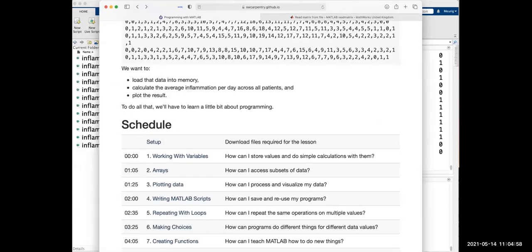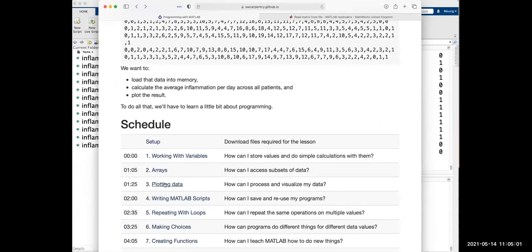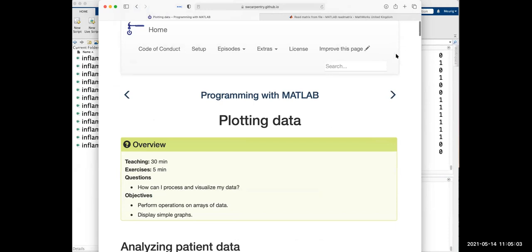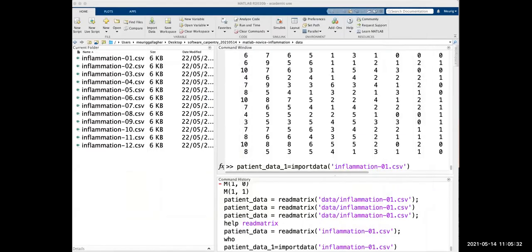Okay, cool. So we're going to move on to plotting data. A big part of working with any sort of data is visualizing it. We can have big tables of numbers, but that's not great for anyone to understand. If we can plot a nice picture that helps us see what's going on, that's going to be great. So we're going to convert these big arrays of data into simpler graphs that help us understand and process.